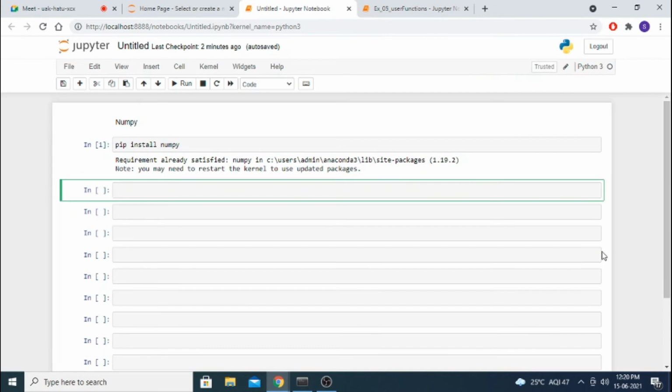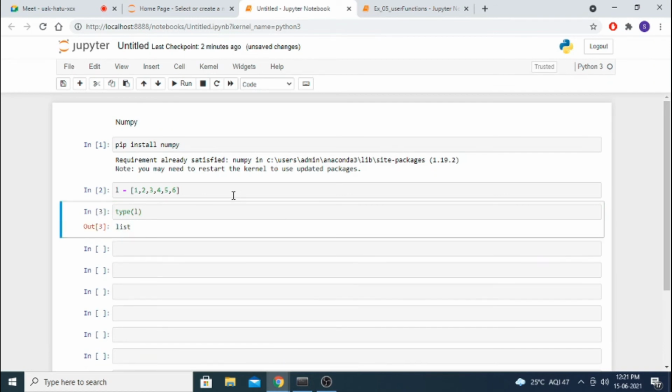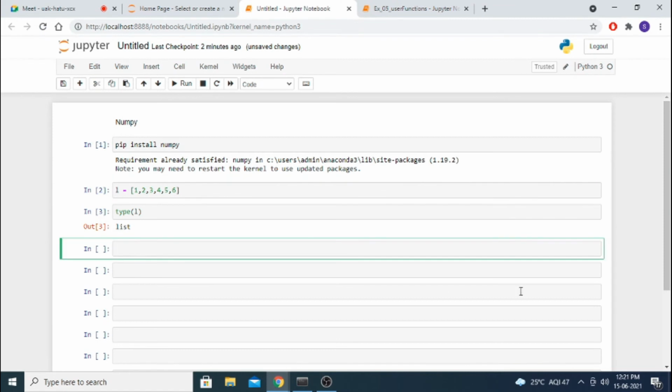Now I am creating one list, L equal to 1, 2, 3, 4, 5, 6. Type of L, it is a list. I want to convert this list into an array. How to do it? Writing numpy each time is lengthy, no?